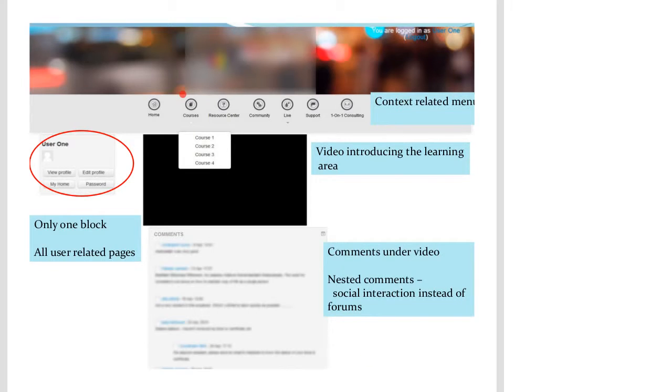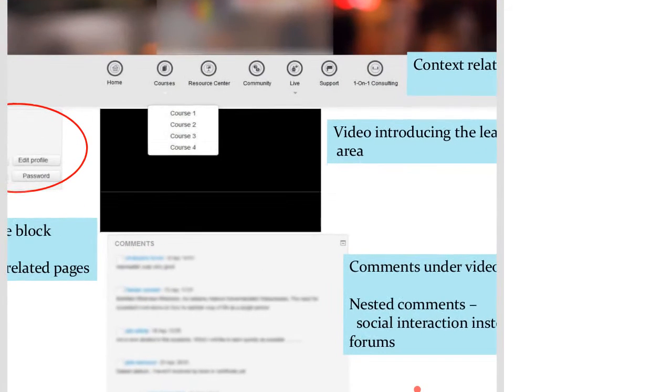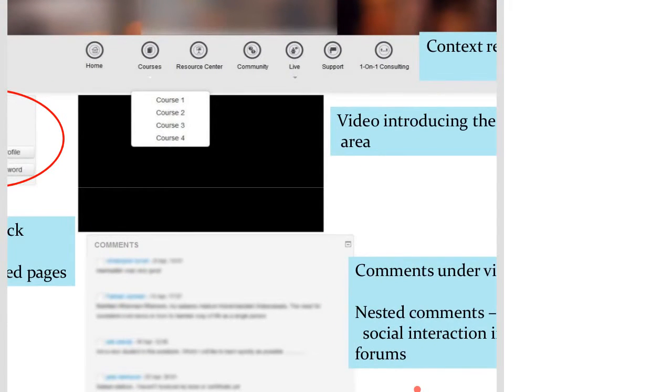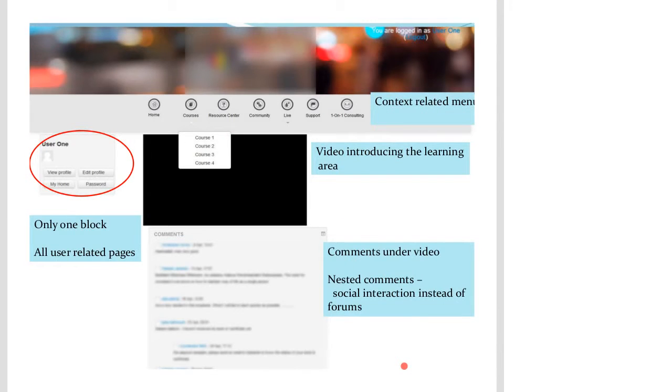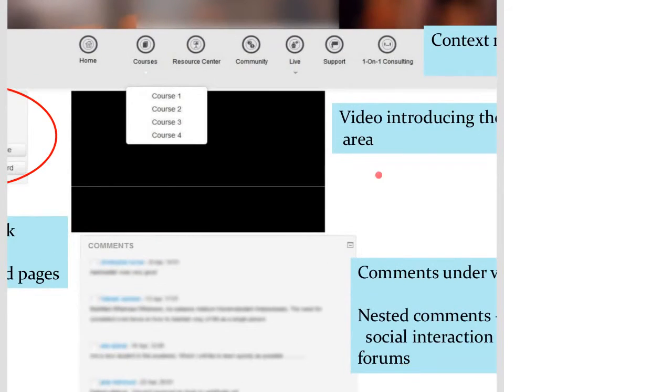Coming to the heart of the matter, this is the front page after the user logs in inside the session. The first thing I wanted to bring your attention to is the context-related menu. I'll increase the zoom so it's clear. Everything that the user has to find will be in the menu itself.